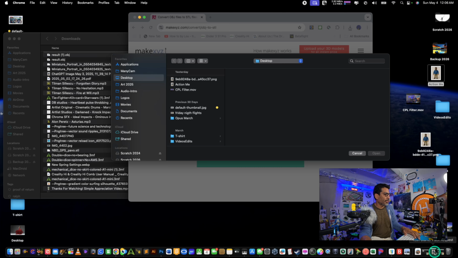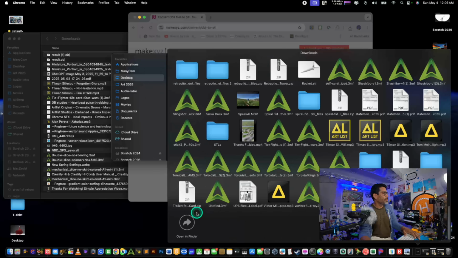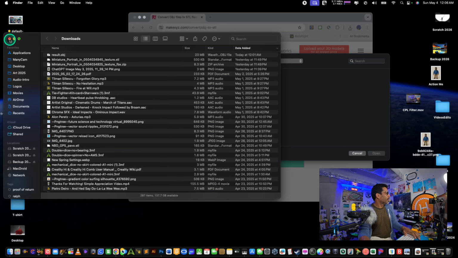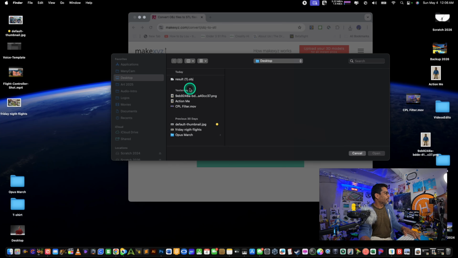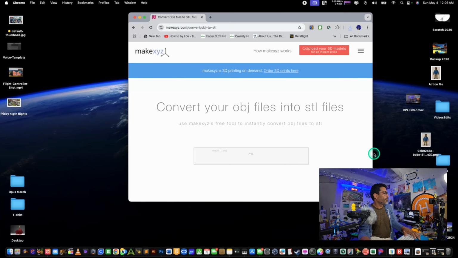Desktop. Looks like I've got to go back into downloads. Text starter pack, workspace. So now we're just going to go into our downloads and result. Take that one and then go here. Now it should be on the desktop. See, there it is. And then select open. That should streamline the process, because as you saw when I opened it up, it flickers and does